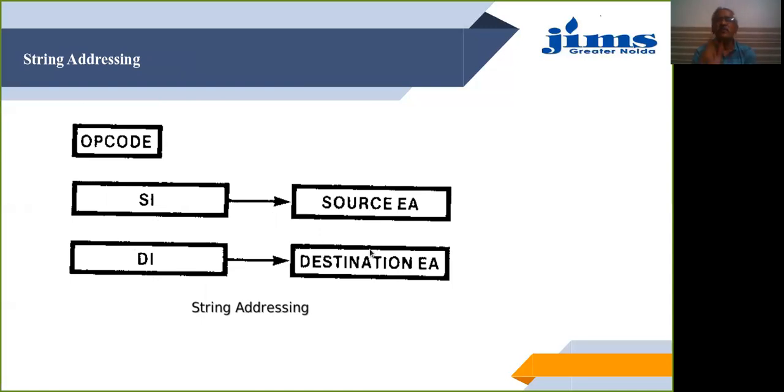So that means if we are to move a string from one place to another place, the SI, when pointing to that string, will point to the first or the beginning character of that particular string. Similarly, when DI points somewhere, it will point to the first character where the destination is. So I can just read the value from the pointer SI and then copy it at a place which is pointed by the DI. Increment SI to point to the next character, increment DI to point to the next destination, and put it into the loop.